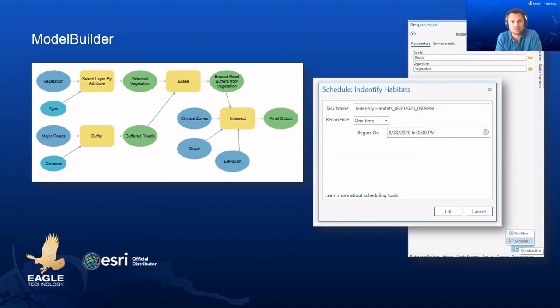Also, if you use Model Builder to prototype or just capture your workflow, you can afterwards save the model as a Python file. So you can bring it into ArcGIS notebooks, for example. You may need to do some editing here and there, but it gives you a nice framework to create your Python file from Model Builder. Also new is that you can now schedule models from within ArcGIS Pro. So you can set it to run at a specific time or run them repeatedly at a designated time interval directly from ArcGIS Pro. So you don't have to go to the Windows Task Manager. You can set it up in ArcGIS Pro.